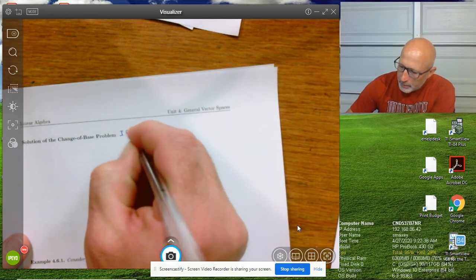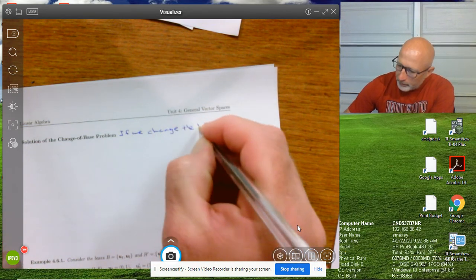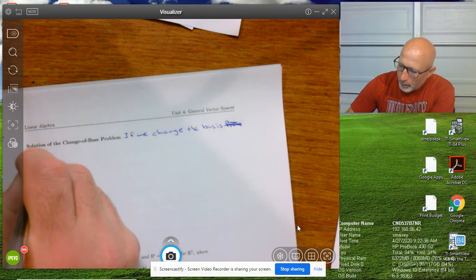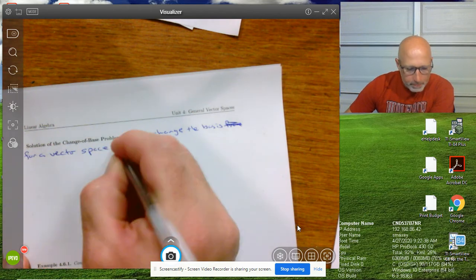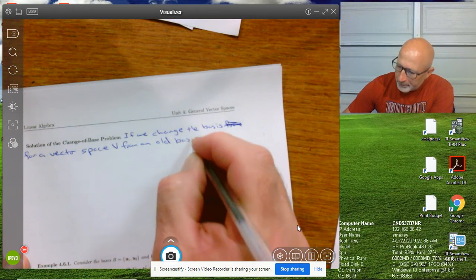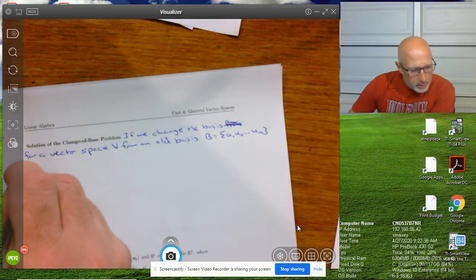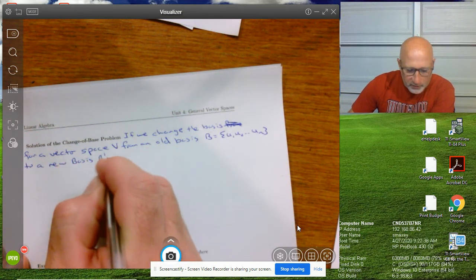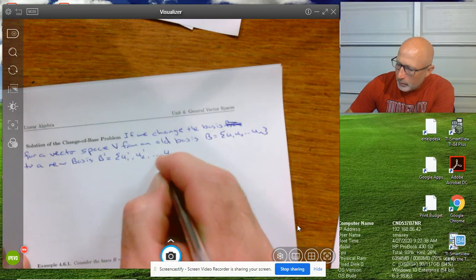So if we change the basis for a vector space V from an old basis B, which I'm going to label as U1, U2, all the way up to UN, to a new basis B prime, which is going to be equal to U1 prime, comma, U2 prime, all the way up to, comma, UN prime,